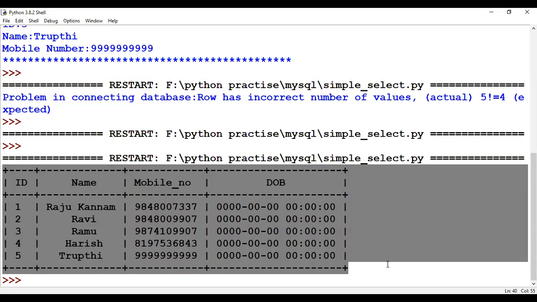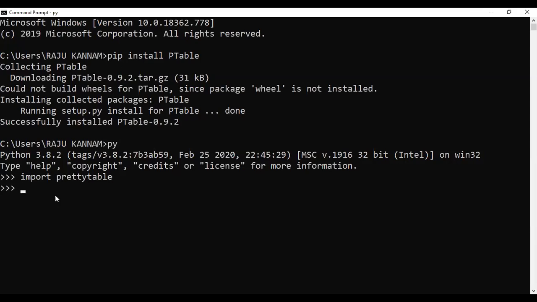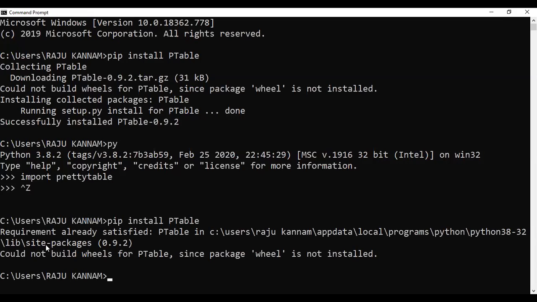That package you have to download by using pip. We already know how to download packages, right? So for downloading the package, we have to give the command pip install ptable. Okay, pretty table, right? Since it is already installed here, it will show it is up to date.